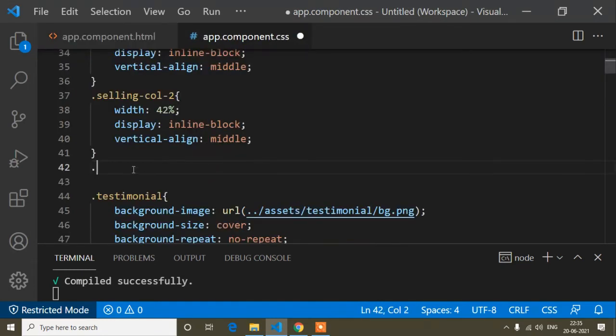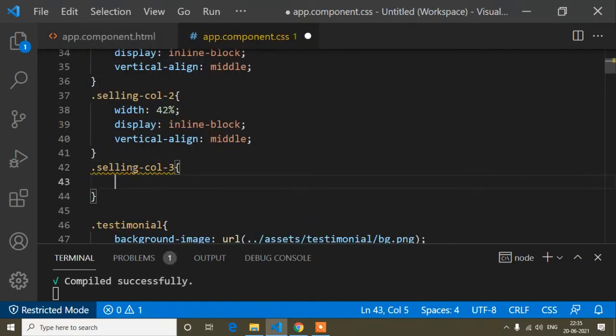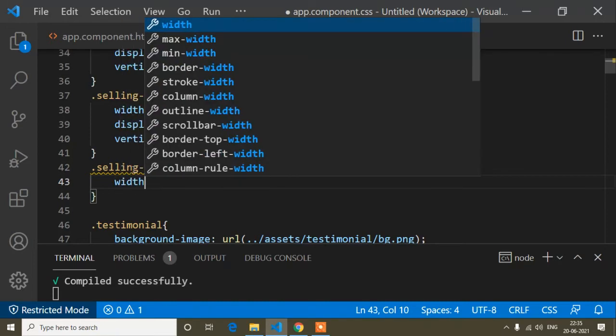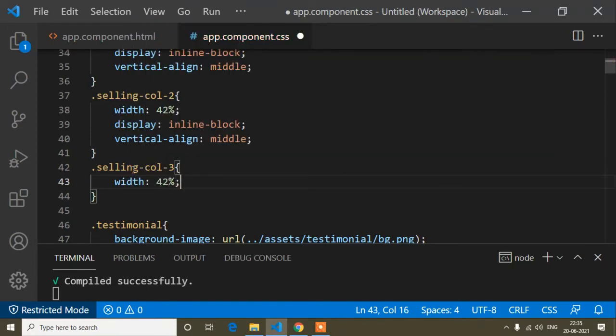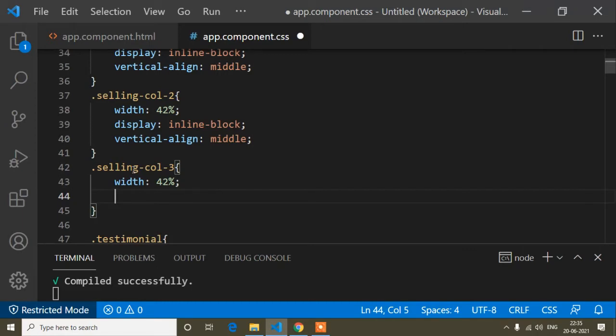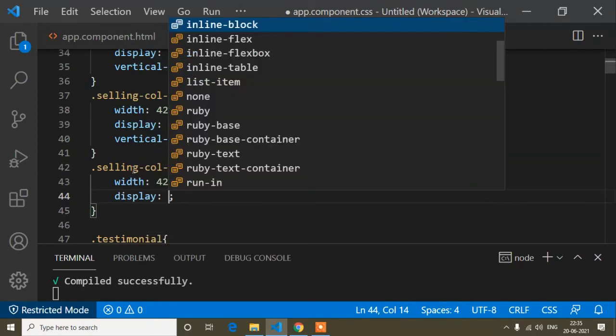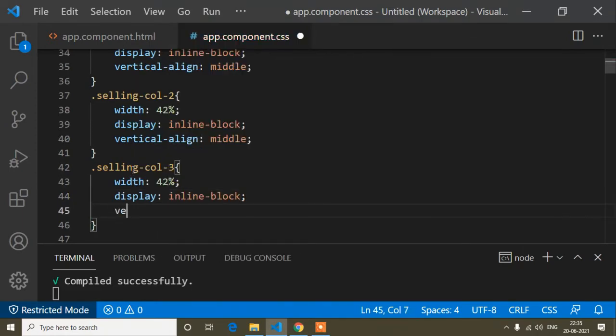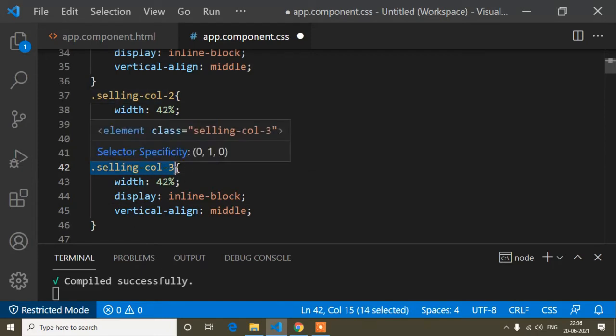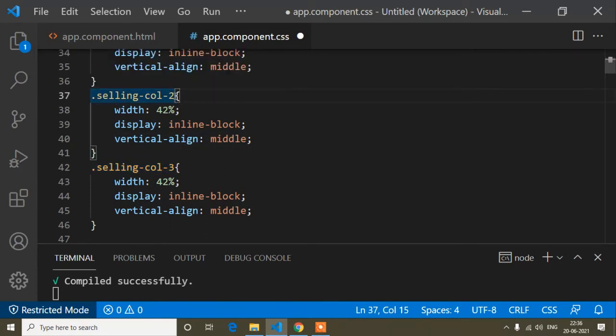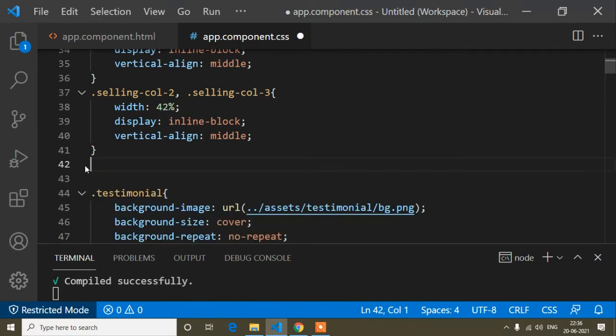So I will paste this one, and just here I will write width is the same, 42% and the display is inline block and the vertical align is middle, same thing. So this one and this one are the same thing. So how will I write the define line? I will cut this one from here and just add comma and I will paste here. Okay, and I don't need that because it's the same CSS property.